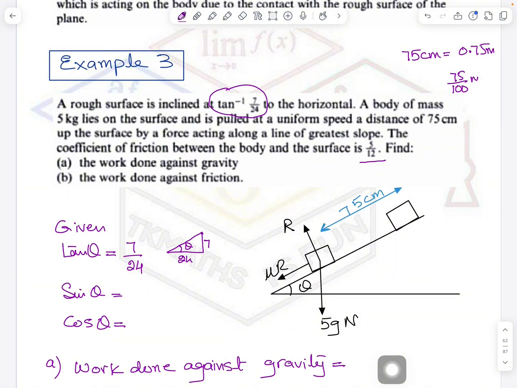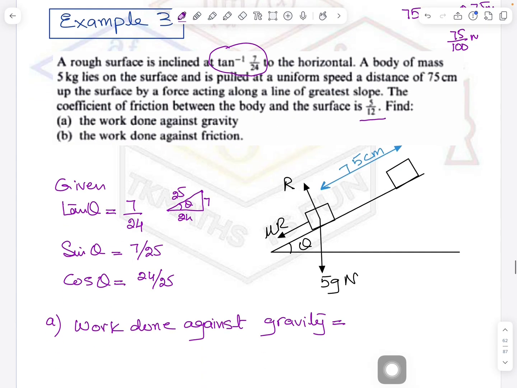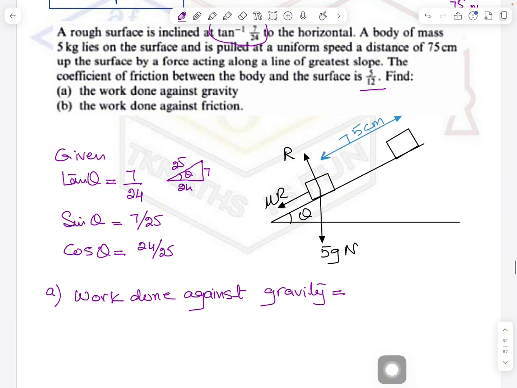Let me use the calculator. Okay, so it is 25. So sine theta will be equal to 7 divided by 25. And cos theta will be 24 divided by 25. We will see where we need to use it. Now, if we are calculating work done against gravity, it is force times